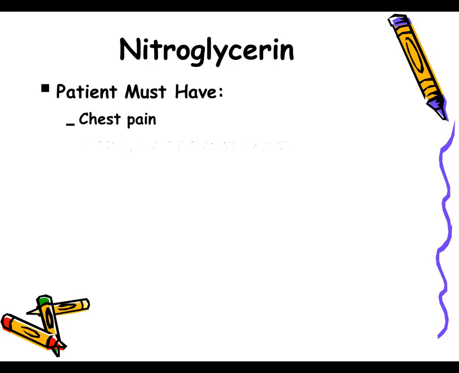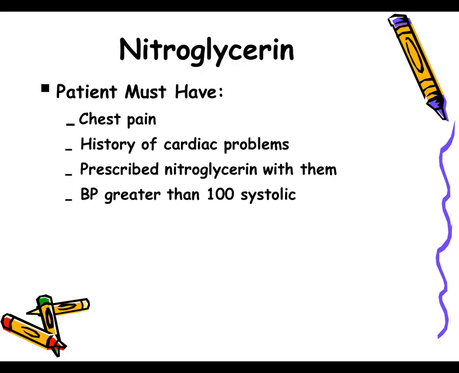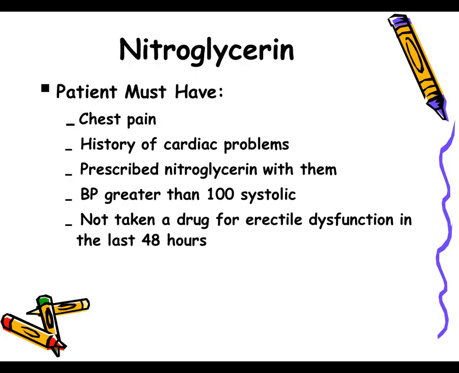The patient must be having chest pain and must have a history of cardiac problems. The nitroglycerin must be prescribed for them at the EMT level. Blood pressure must be greater than 90 or greater than 100, depending on what your local protocol says. And it's really important to ask patients, have you taken any drug for erectile dysfunction in the last 48